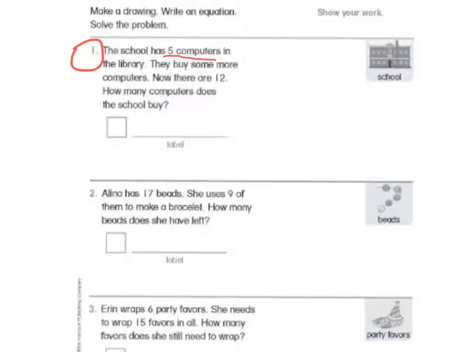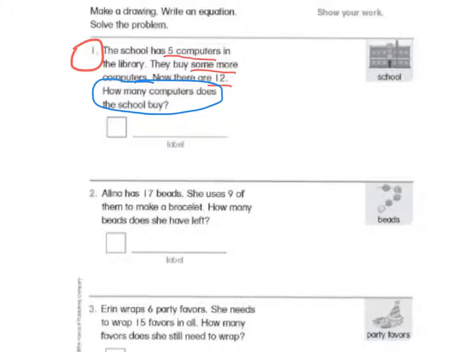Then they buy some more, and I'm going to underline some more because I know they buy more computers, but I don't know how many they buy. Then it says now they have 12 computers, so I'm going to underline 12. That's the amount that they have after they bought more computers. So my question, I'm going to circle my question. My question has the question mark at the end, and it says how many computers does the school buy? So I need to figure out a way to draw some pictures or use some strategies to try and solve